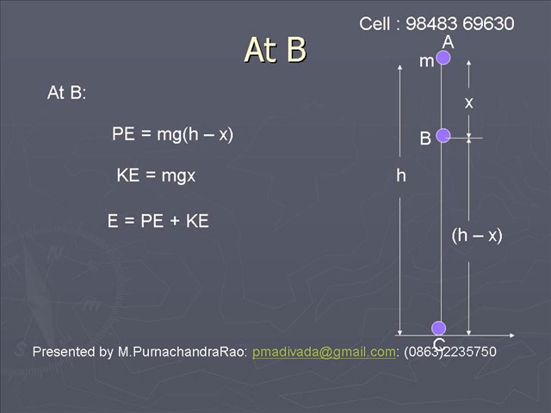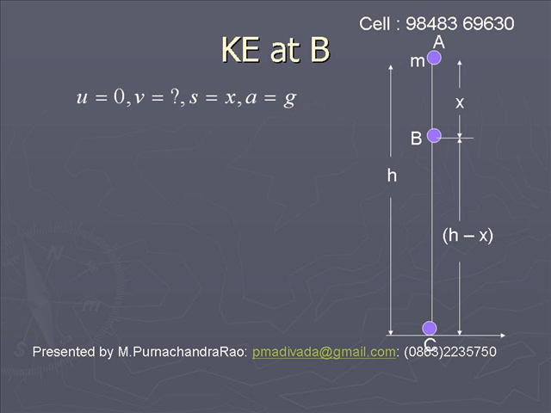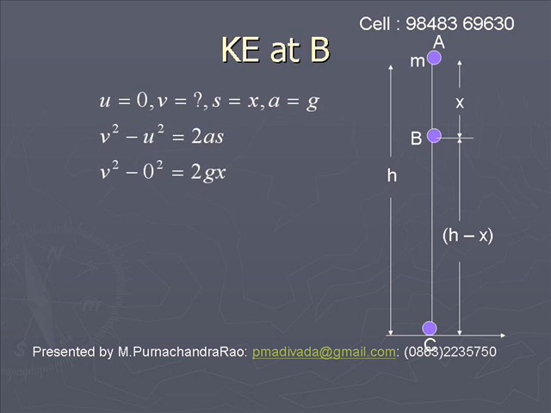Mathematically, we can show that the kinetic energy at B is equal to mgx. Let us derive this. Initially, its velocity is 0 because it is dropped. The final velocity, at B, is say v. Then the distance travelled s is equal to x. The acceleration a is equal to g. From the relation v square minus u square is equal to 2as,